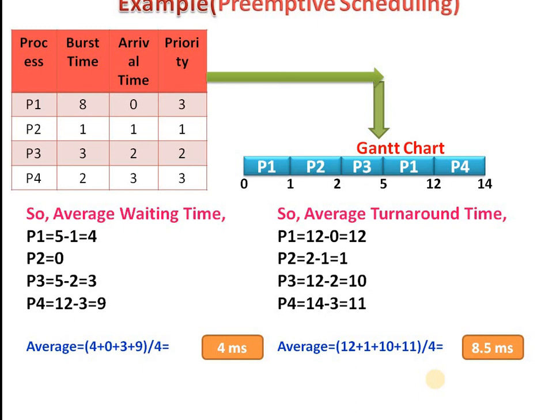In priority preemptive scheduling, it is important to execute higher priority tasks immediately even when a task is currently being executed. An example is the phone call. And next, the priority non-preemptive scheduling. It is unlike priority preemptive scheduling. Even if a task with a higher priority arrives, it has to wait for the current task to release the CPU before it can be executed. And it is often used in various hardware processes such as a timer.